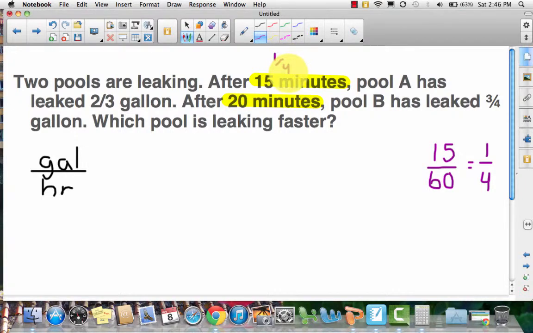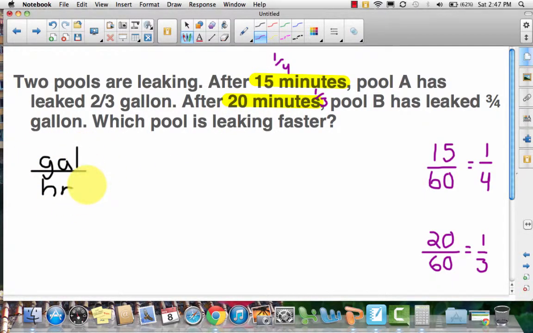And I can do a similar thing with 20 minutes. So 20 minutes out of an hour, and an hour again is 60 minutes. So 20 minutes out of 60. And I can also reduce that fraction. I could divide both the top and the bottom by 20. And I find that that is equivalent to 1/3. So 20 minutes is equal to 1/3 of an hour. So I'm going to make myself a little note here. So now that I have my time in the correct unit in hours, I could start plugging in for my